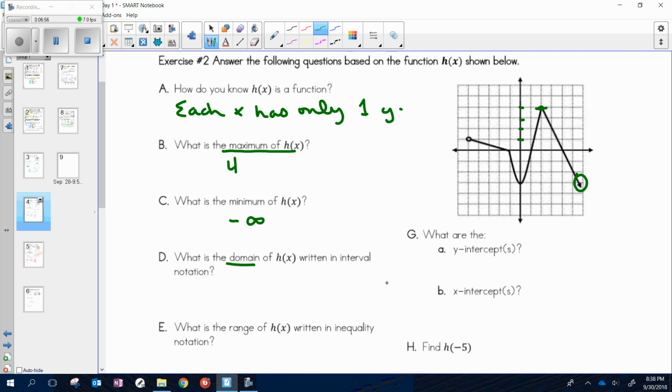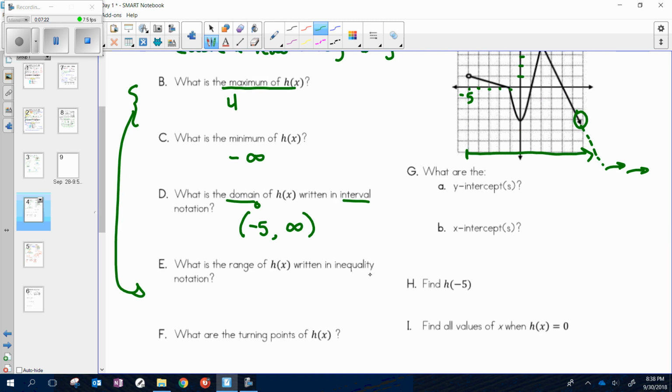What's the domain? In interval notation, so we're starting here. Since this keeps going down, it also keeps going in this direction. So it starts at 1, 2, 3, 4, -5 with a parenthesis because I saw an open circle. And it goes to infinity in the positive direction. What's the range? I'm going to look at the maximum and minimum to help me write my range. It wants an inequality, so y is between,